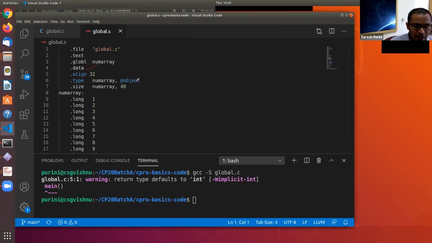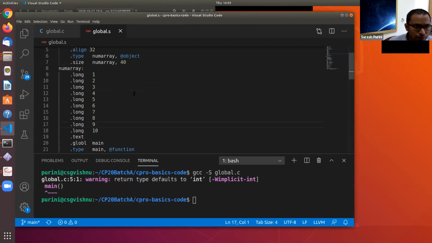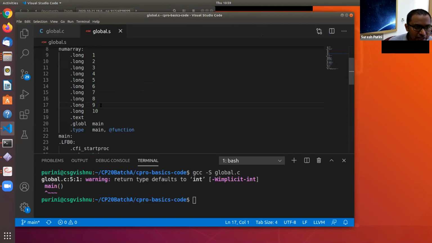And in fact, since we have initialized num array to specific values 1, 2, 3, 4, 5, 6, 7, 8, 9, 10, from line 9 to line 10, you can see that the assembler is allocating space for 10 elements, and how each of those elements should be initialized, that information is also given.